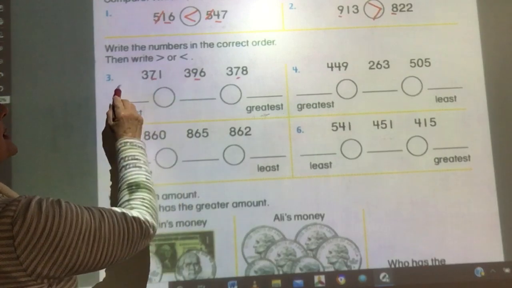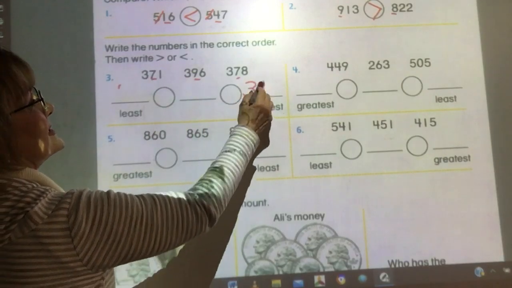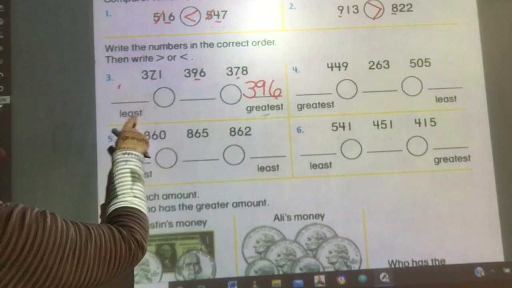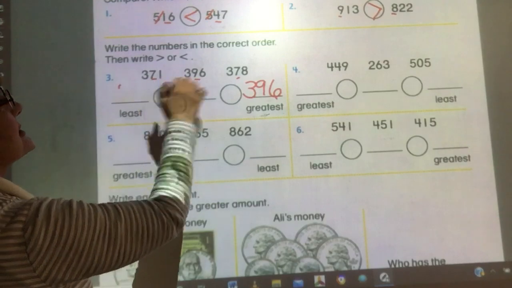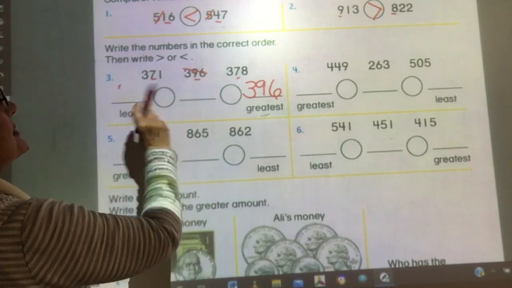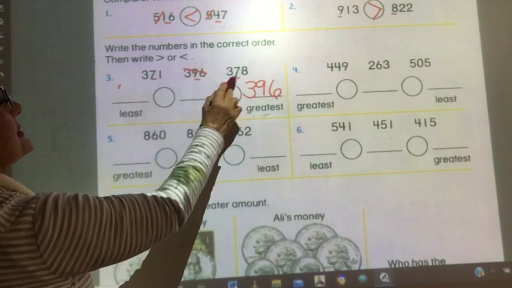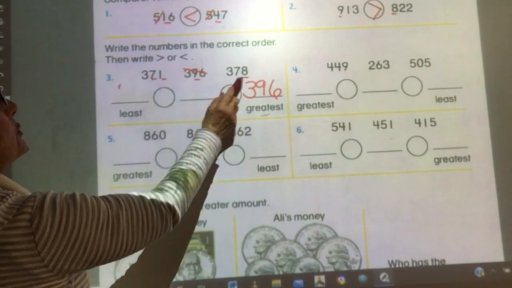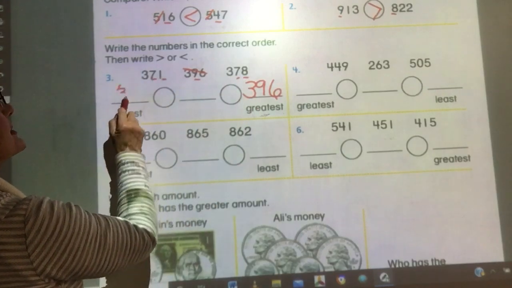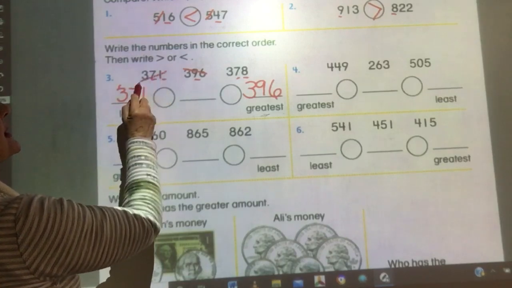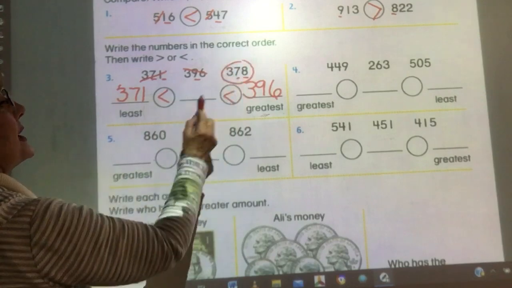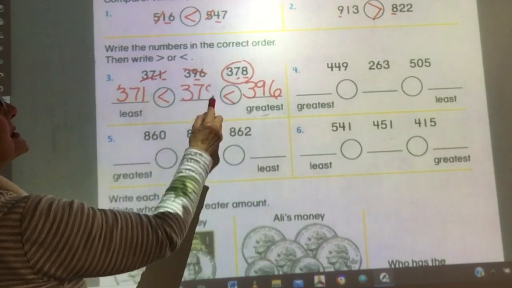So 396 would be the greatest. I failed to read the directions. So the least, 396 is the greatest. The smallest one, well, those are the same. So let's look at the ones. Which is smaller, 1 or 8? 1. So 371, and we want our less than sign, and the one we haven't used goes in the center,